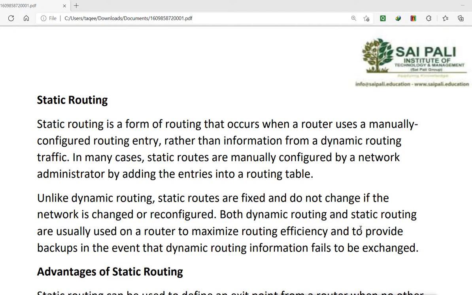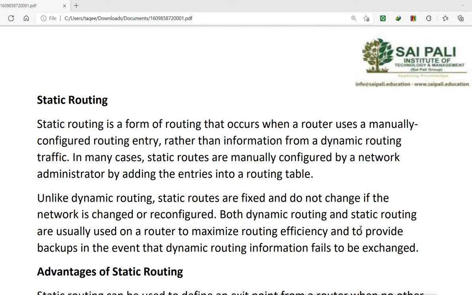Configuring routing means we configure the router to connect multiple networks. What does routing mean? We can say easily that routing means creating the routing table in the router. When a router wants to send data to some destination, it checks its routing table.